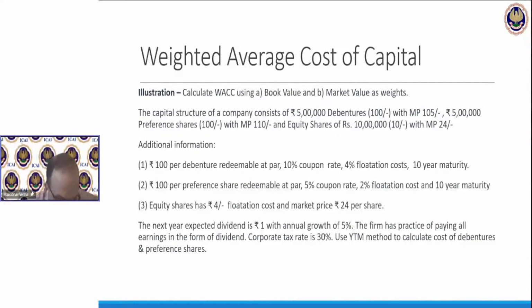And they're saying that next year, the expected dividend has an annual growth of 5%. The firm has a practice of paying all earnings in the form of dividend. Corporate tax rate is 30%, and we are specifically instructed, look at this, to use the YTM method to calculate the cost of debentures and preference shares, guys. So it is a YTM method question. Hence, we're first focusing on